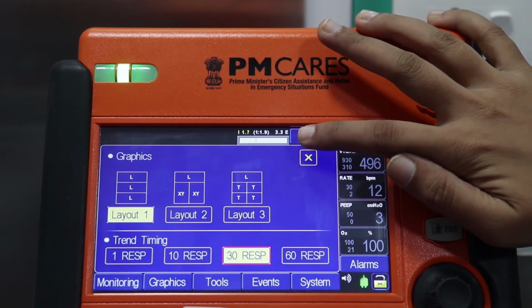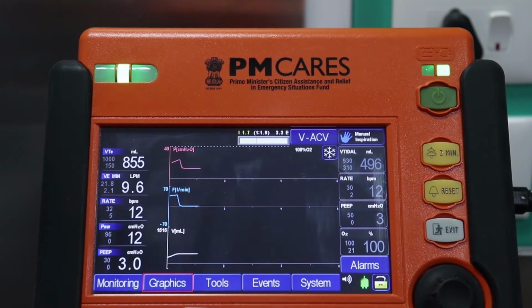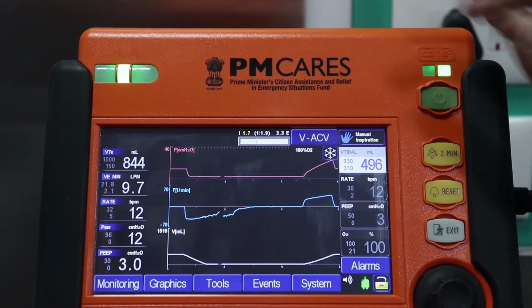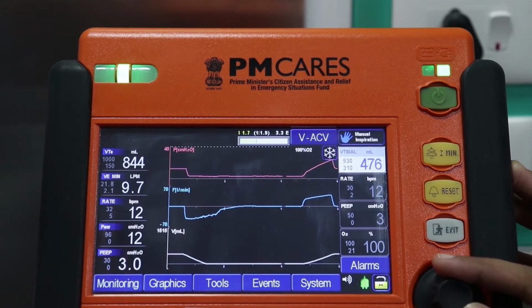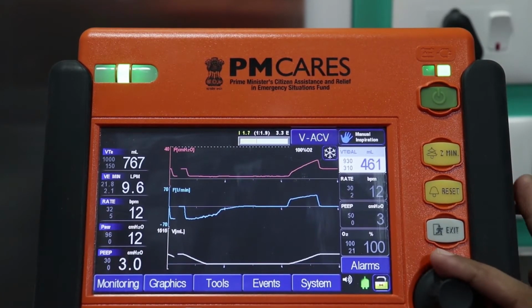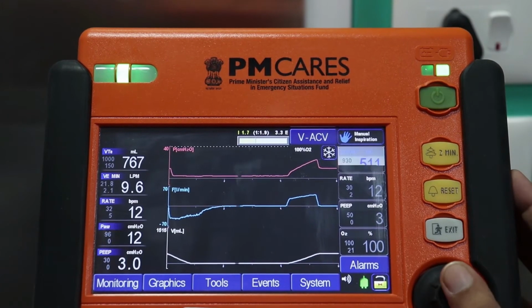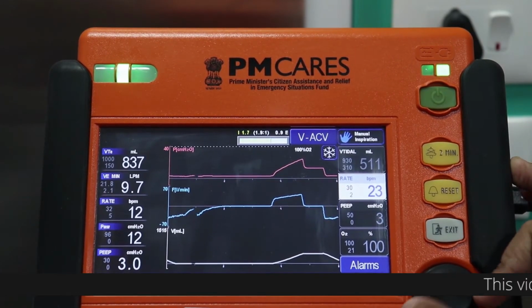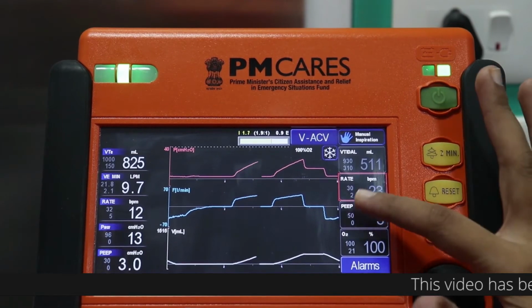On the right side of the screen, there are 4 different parameters with their set ranges shown. You can change their values by rotating the knob as shown. Rotating the knob clockwise increases the values of the parameters and rotating it anti-clockwise decreases their value. To set a value, press the knob.